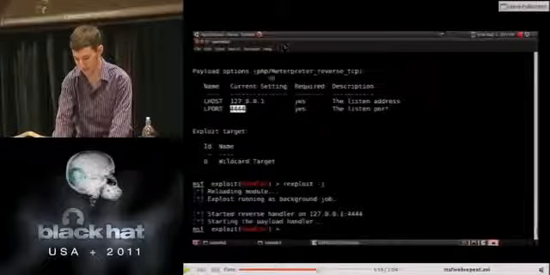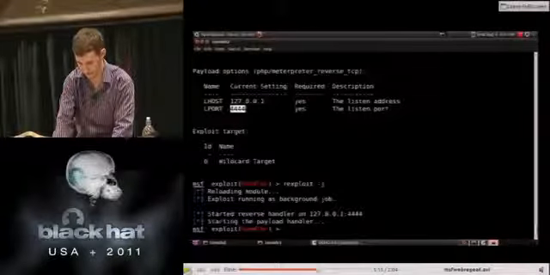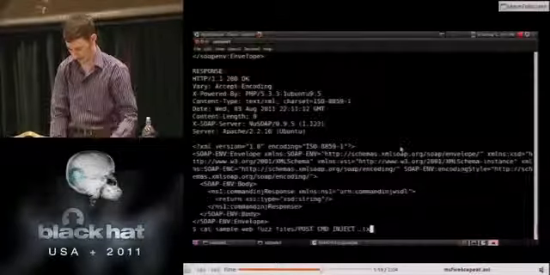So here we're setting up the PHP interpreter backdoor, or the PHP handler, running on 444. We make the request, and we're going to be good.